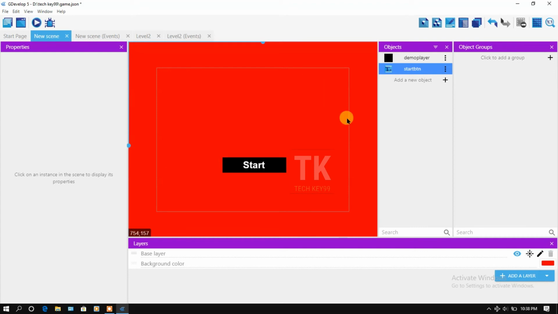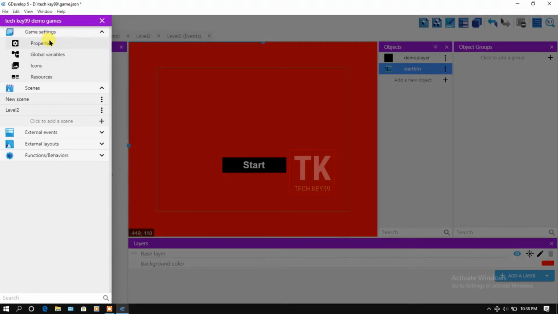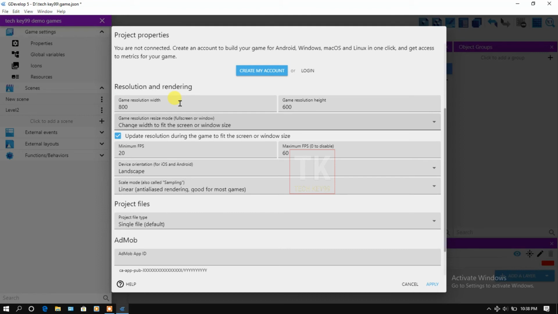If you want to change this game resolution, height and width, then go to the project manager, properties, and here you can change your game resolution and rendering, width and height. Let's change this resolution. Width 460 and height 720.